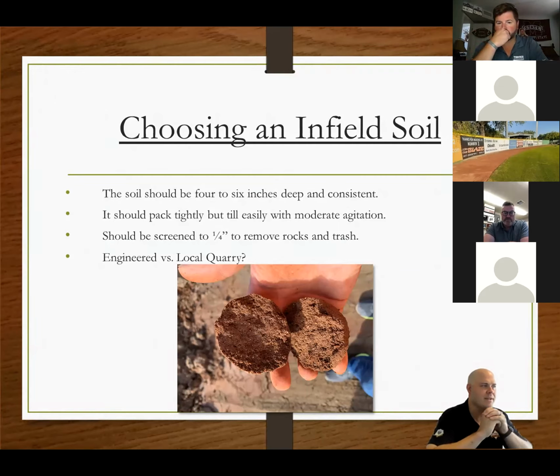So some of this I've already picked through, but when you're choosing an infield mix, a standard infield mix profile is usually 4 to 6 inches in depth. It should pack fairly tightly when it's hydrated, and be able to loosen up when you're trying to till it. Infield mixes should be screened down to at least 1/4 inch. I've seen even at the major league level where some of these procedures haven't been followed. It was several years ago, but